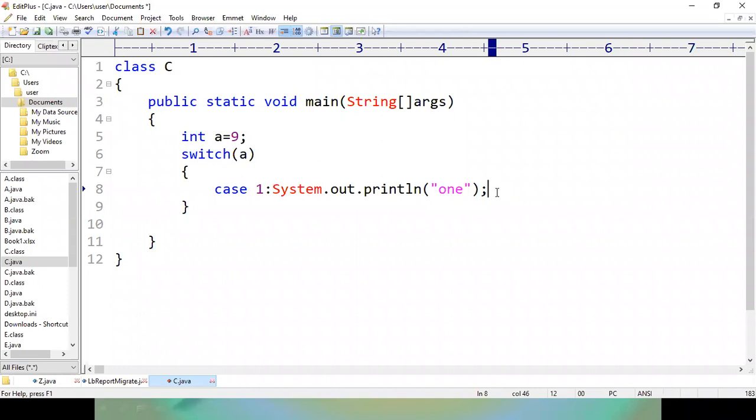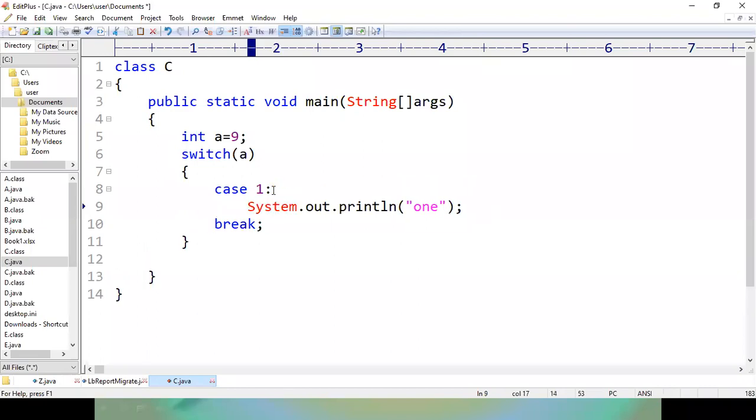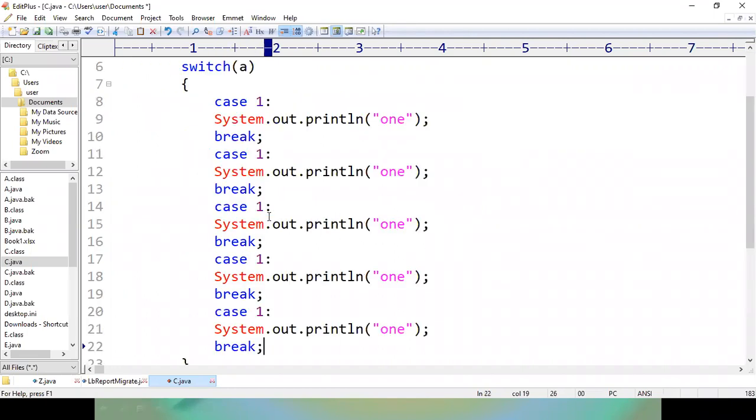Similarly, break. So here, while writing switch case, at the end of each and every case, you have to maintain the break statement, right?